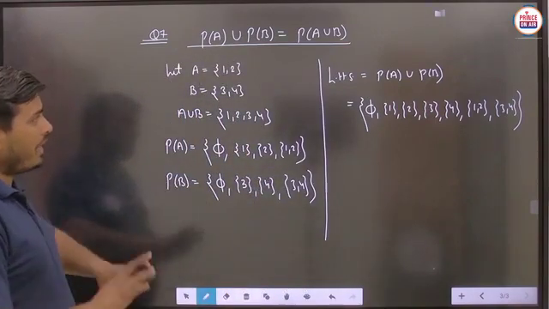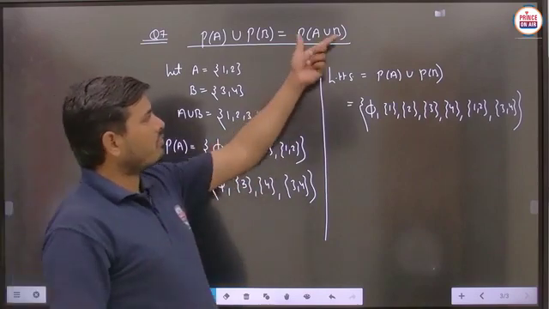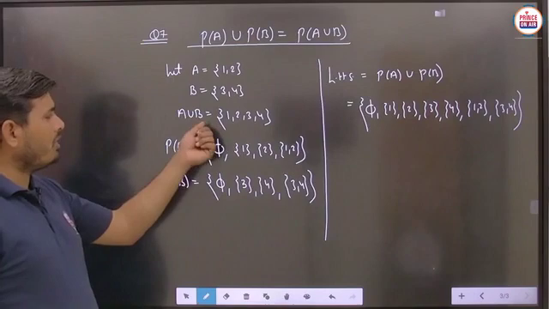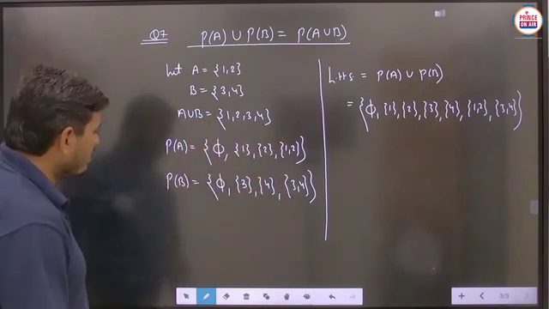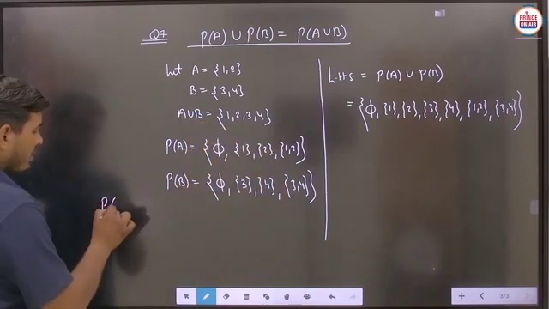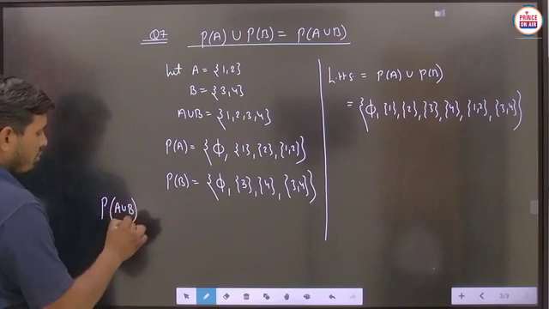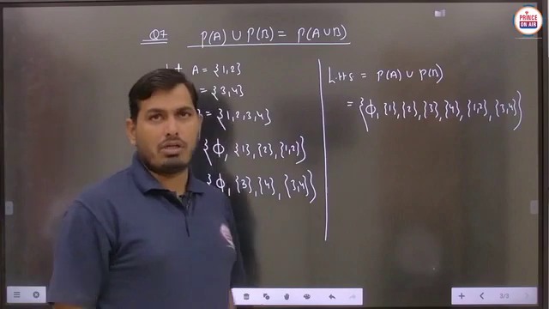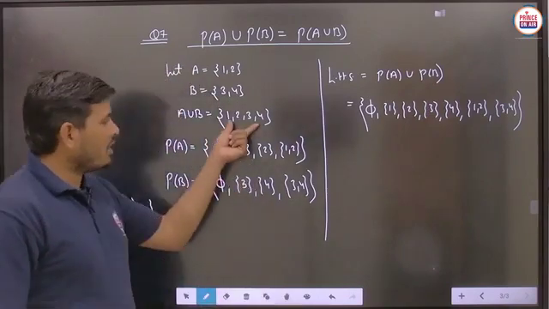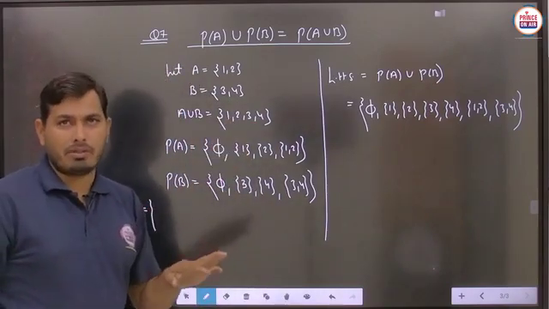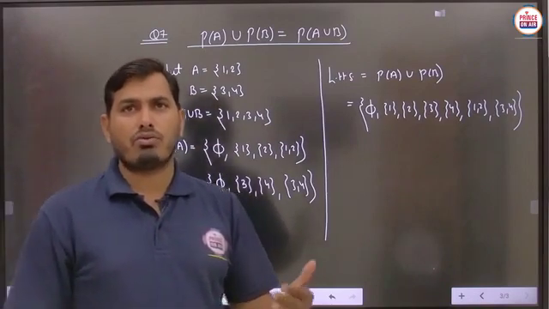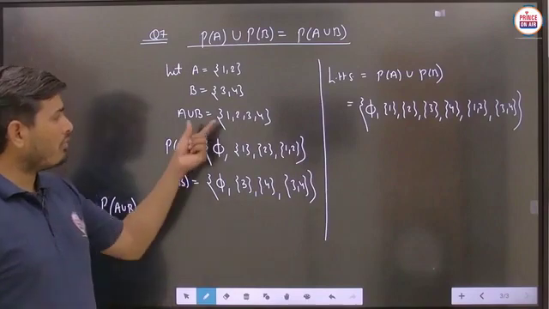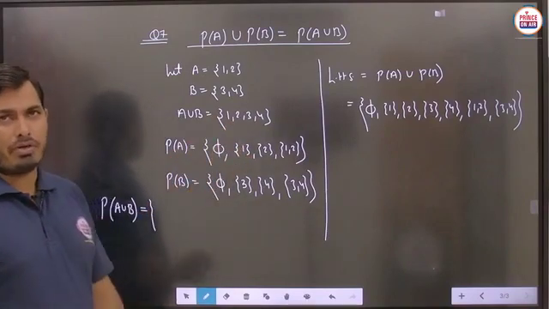Now student, in the right hand side, what should be given here? A union B. So first of all you can check A union B is 1 2 3 and 4. So if we write the power set of A union B, then the total number of subsets is found as 2 raised to power 4, because in the case of A union B there are 4 elements. In n elements, the total number of subsets is 2 raised to power n, and 2 raised to power 4 means 16 elements are to be found in this particular part.